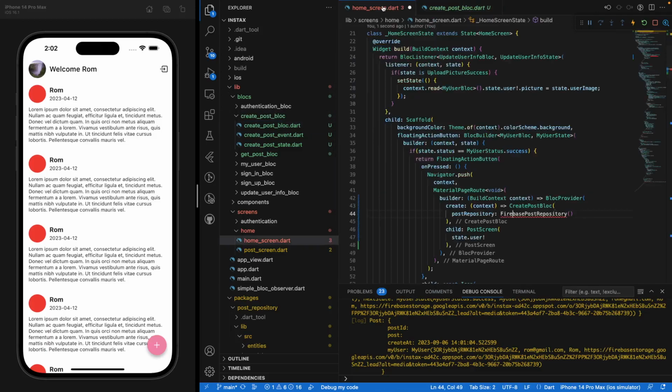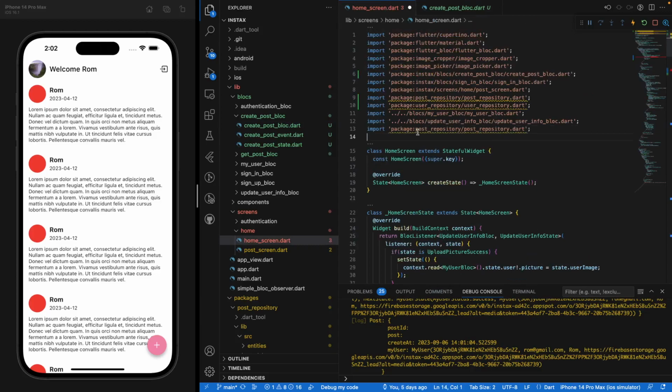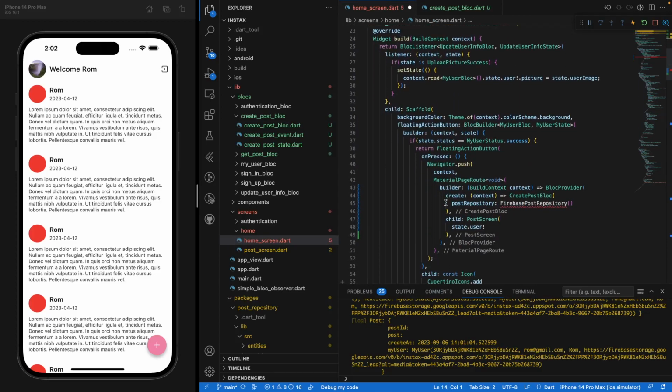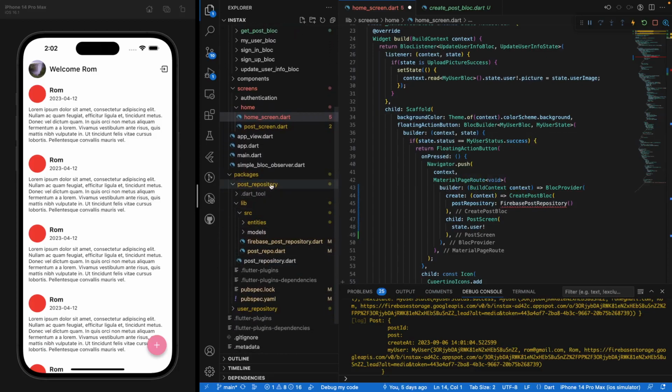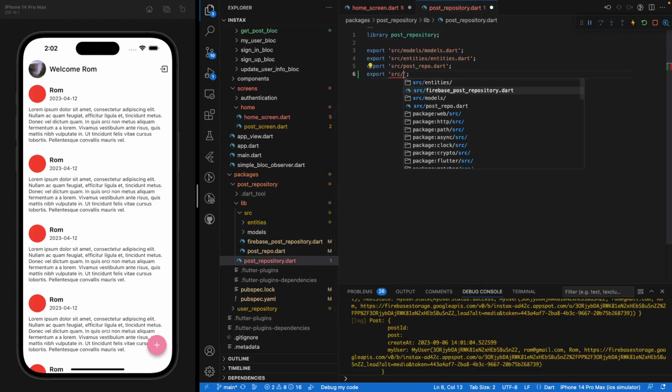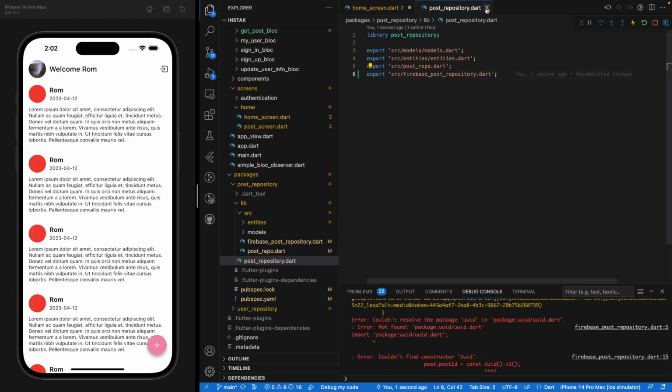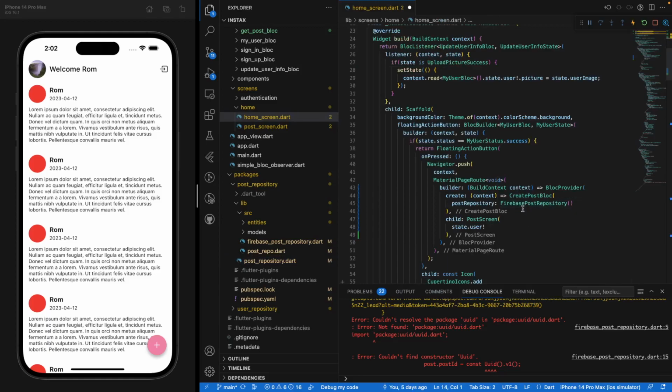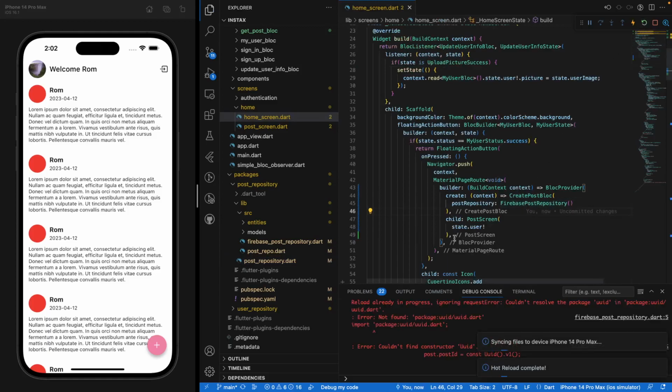We already imported that. And if that doesn't work, I know where the problem is. Yeah, okay, so I know where the problem is. So we need to navigate under the post repository, and perhaps here under post repository, yes, we need to export source Firebase post repository and save that. And normally, if we close that, yes, everything's working perfect. So if I'm trying to refresh the app,